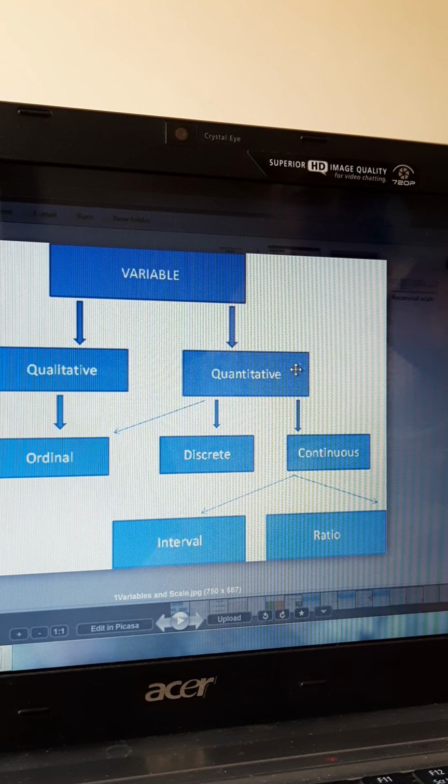You can have a rank of 1 to 5 for which is the best brand according to you in soaps. So you can only say 1, 2, 3, 4, 5. Correct? It cannot be continuous. It can only be in categories, in order. First category, second category. Correct? So this is also data collected on an ordinal scale.